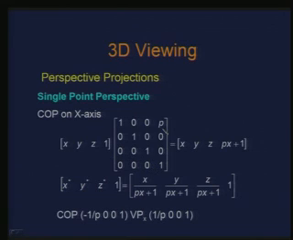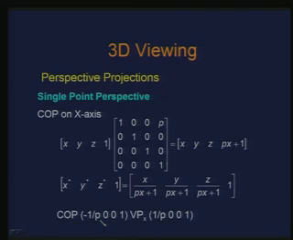One of the entries in the last column is non-zero. This is when we have the center of projection lying on the x axis. A point through this transformation becomes this. This is the homogeneous part of the coordinate, and when I get the Cartesian coordinates, I divide by this w and I get this,